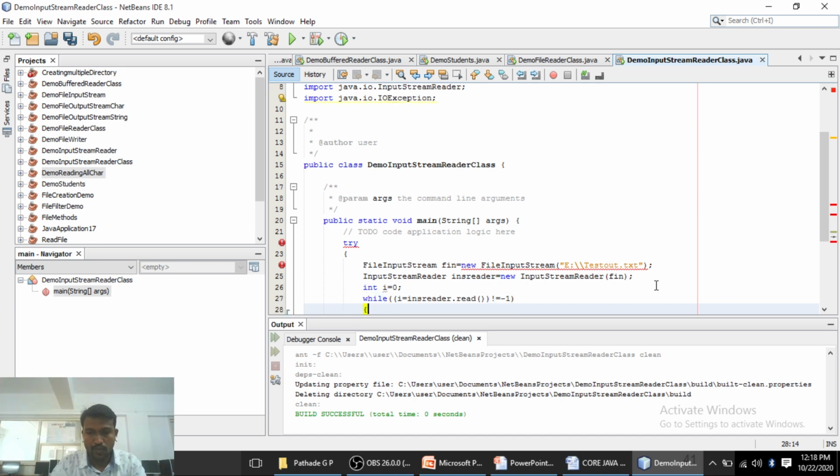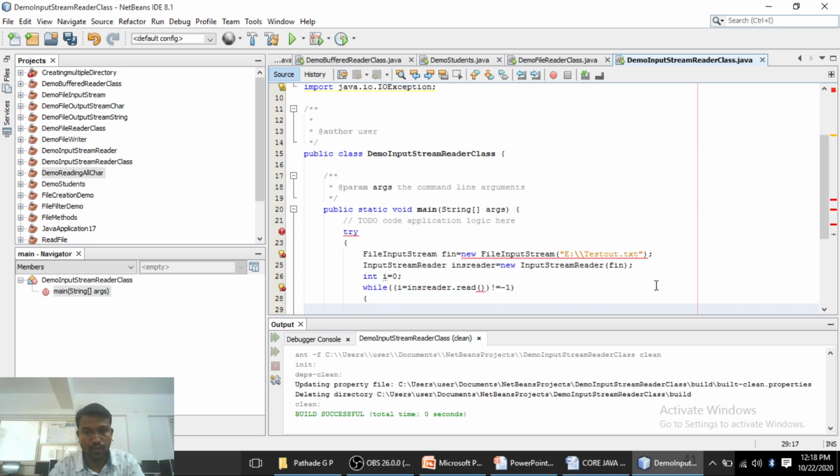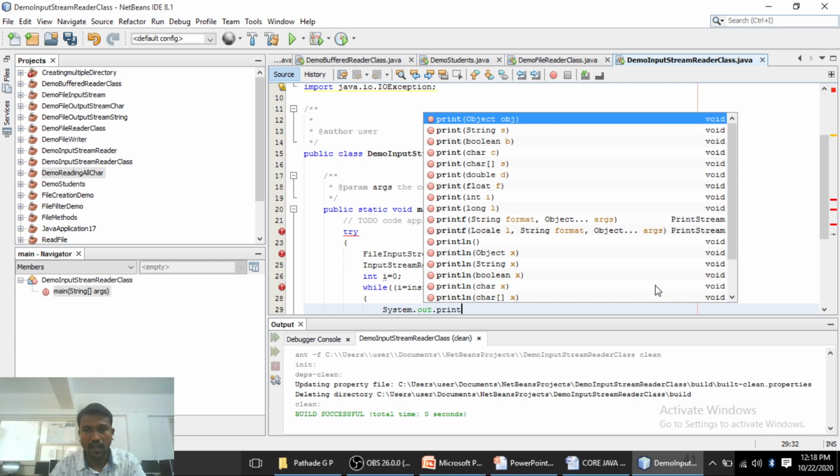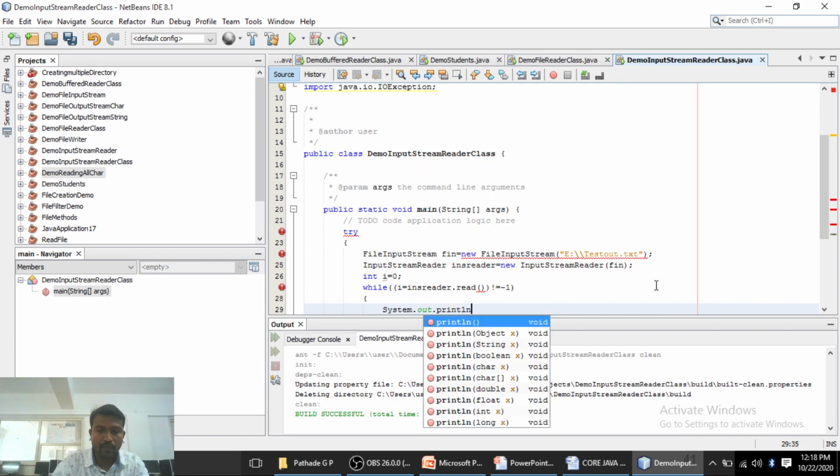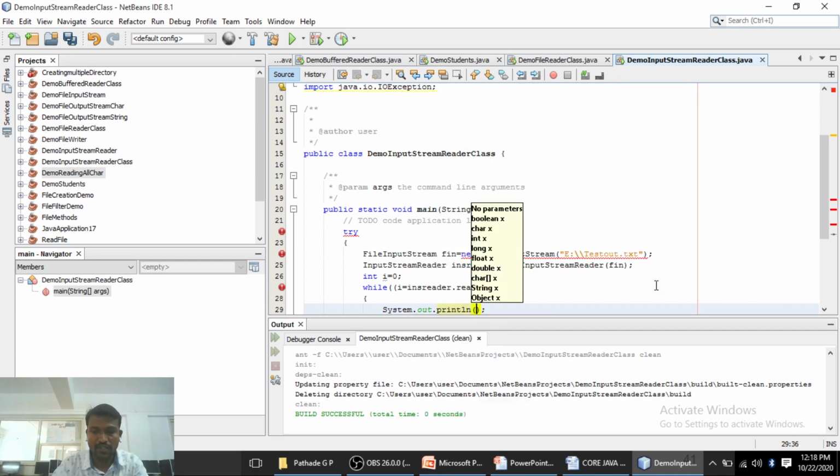Inside this loop statement we are going to display the message, that is System.out.println, and whatever characters or whatever the string is there will be displayed inside this circle bracket. Again (char) i.